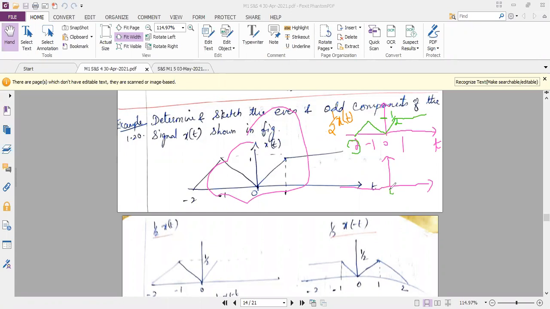So let me just draw the time now, 0, 1, 2, and here the left hand side the maximum value is -1. Okay, because this 1 is now converted into -1. Now I have to draw the same signal which was there at -2. Now I have to show at +2. So the triangle is now coming this side, and you can see here until -1 the amplitude is now 1 by 2. I am directly drawing the diagram for 1 by 2 x of minus t. So the amplitudes I have to mark the levels as 1 by 2. This is 1 by 2. Am I right?